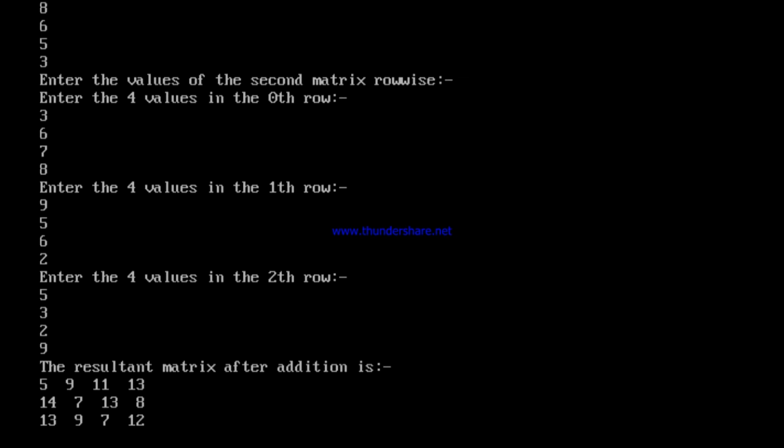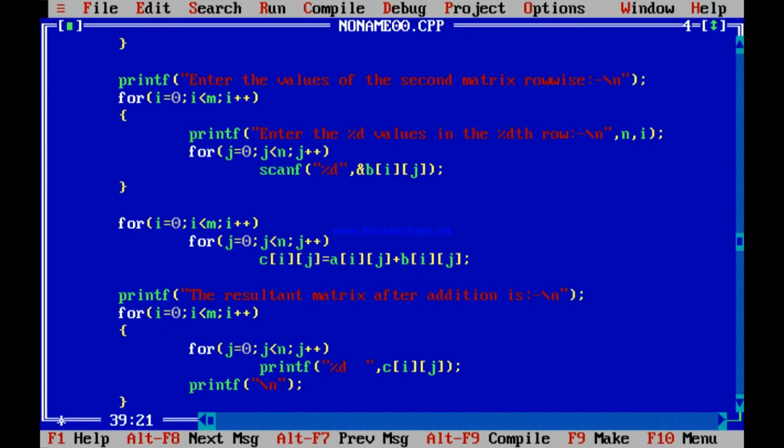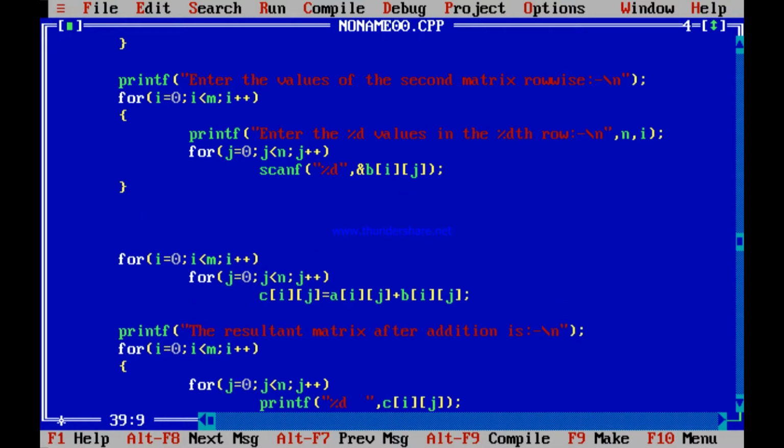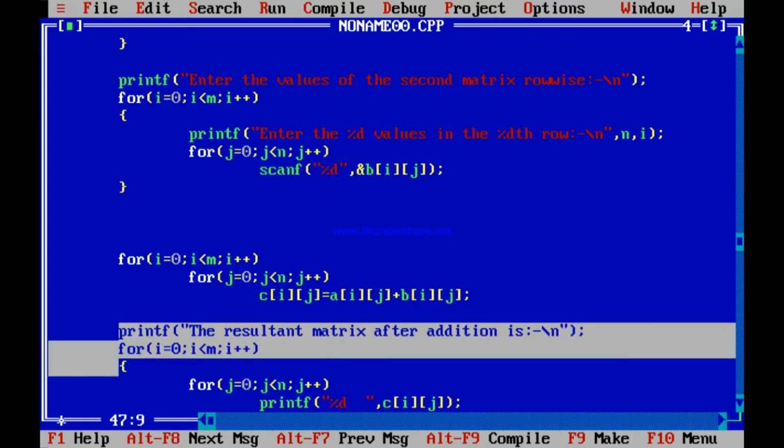Number two, how will you see whether the resultant matrix is correct or not? Because the two matrices you cannot see. The screen has come down, so you cannot see that. So it is better that before you print the resultant matrix, you also print the other two matrices that you entered. So you print the original matrices are. You should print that. So what I meant to say is, here you have added. This for loop has done the necessary addition. So before you go for this necessary addition, it is better to print the two matrices. So let us go like this.